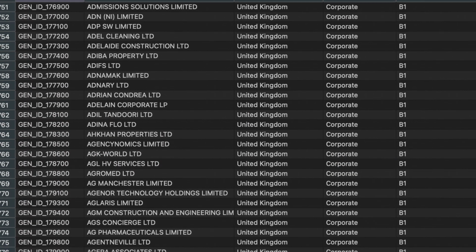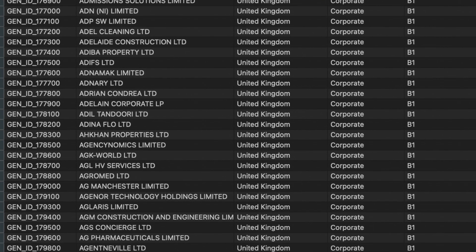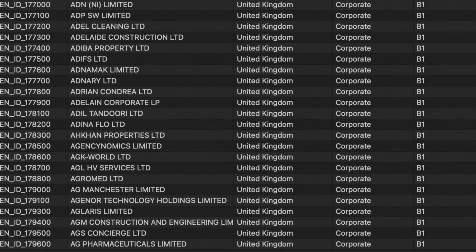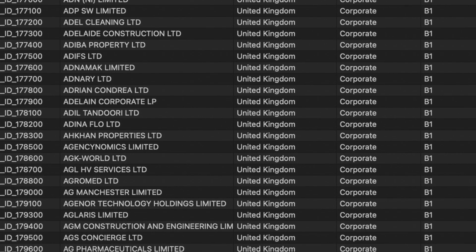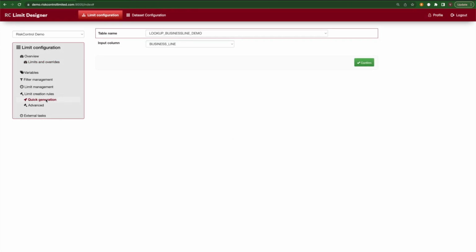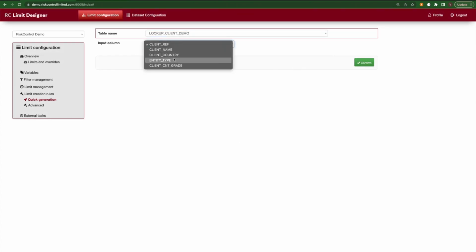In order to keep data consistent, the limit system uses lookup data containing the allowed values for the different variables, like client references and names, countries, sectors, and whatever your portfolio may offer to be used for limit creation. On top of that, these lookups are also used to assign data which is not contained in the exposures themselves, like the ratings of countries, categorization of clients, and more.